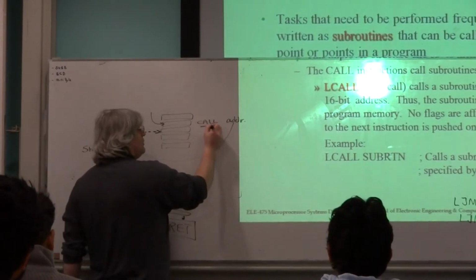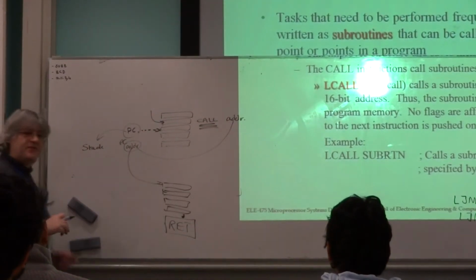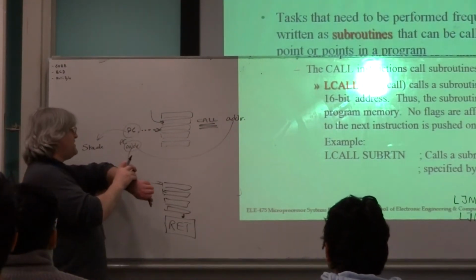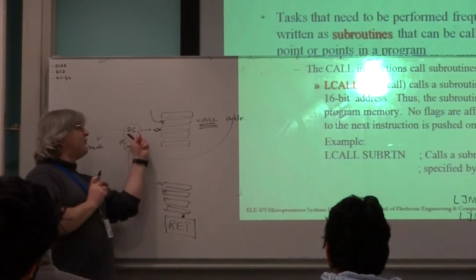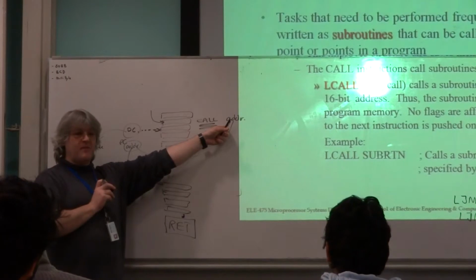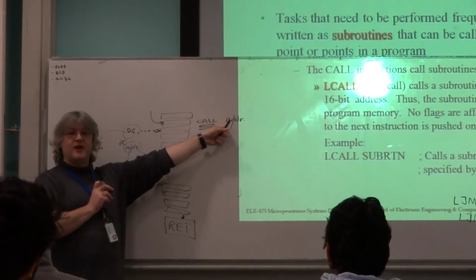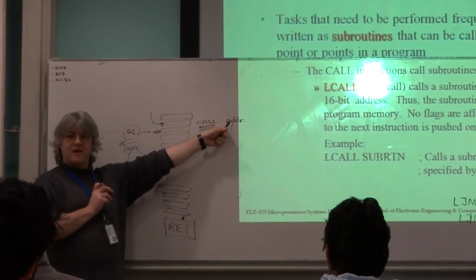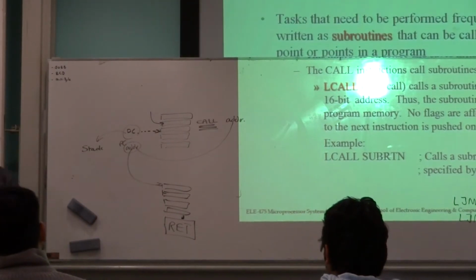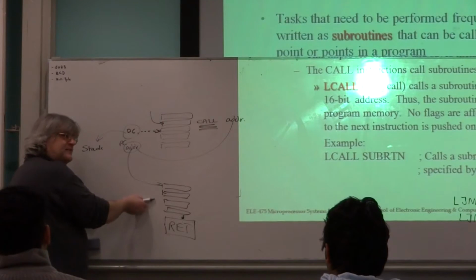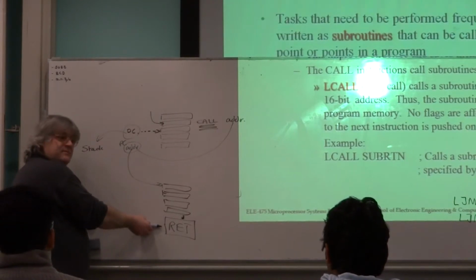So the call does a couple of things. It basically says, whatever's in the program counter, stick it on the stack. And then overwrite the program counter with some new information, basically a place I want you to go to. You'll then go there and do whatever you want to do. And then at the end of this little detour, you'll get to the special instruction ret, which will basically say,